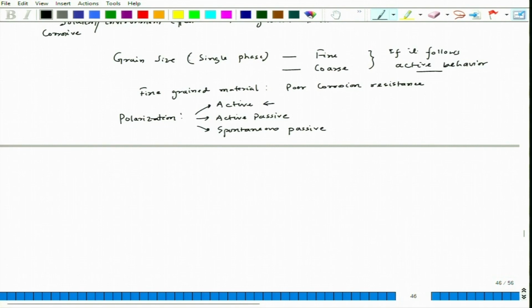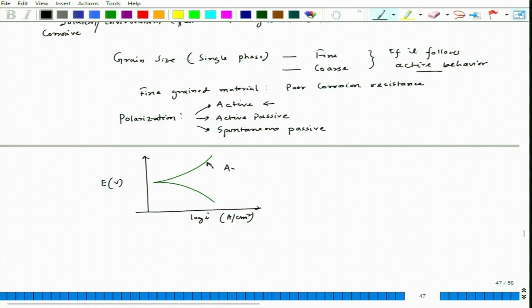Now, if we try to see the active behavior when we do dynamic polarization, then it can have a plot like this. This is log I, let us say ampere per centimeter square, because it is a log of current density, and this is the potential we are measuring in terms of volt. Schematically it would look like this. So, this is a typical active polarization behavior, where this particular arm is the anodic process, which is nothing but the metal dissolution process,